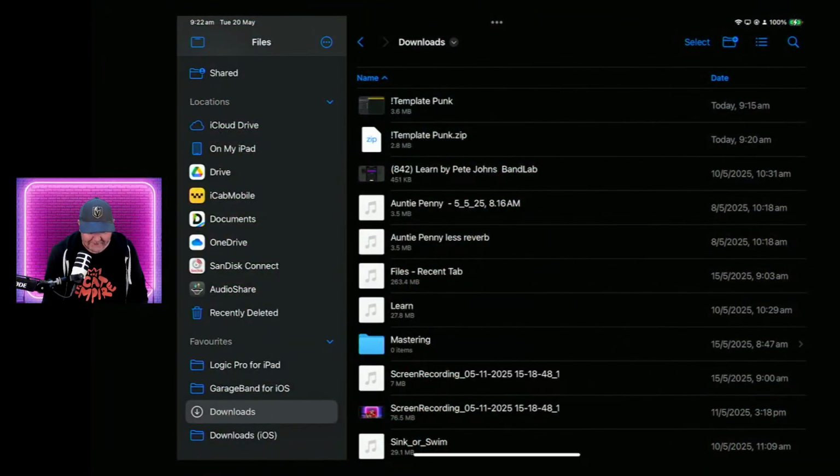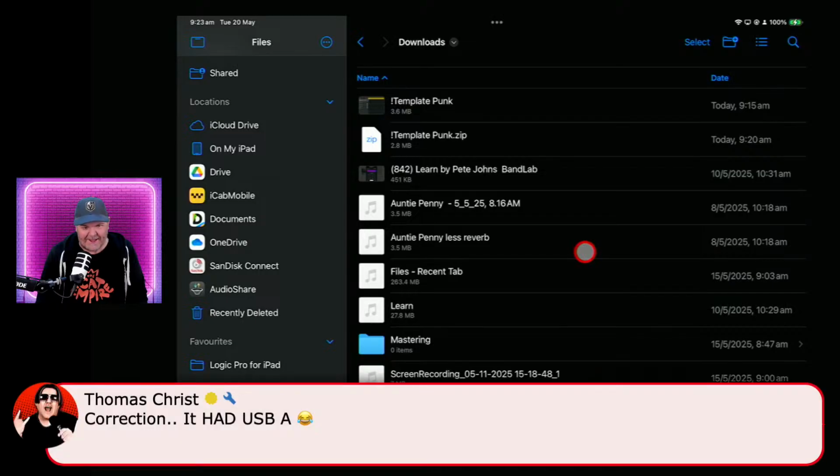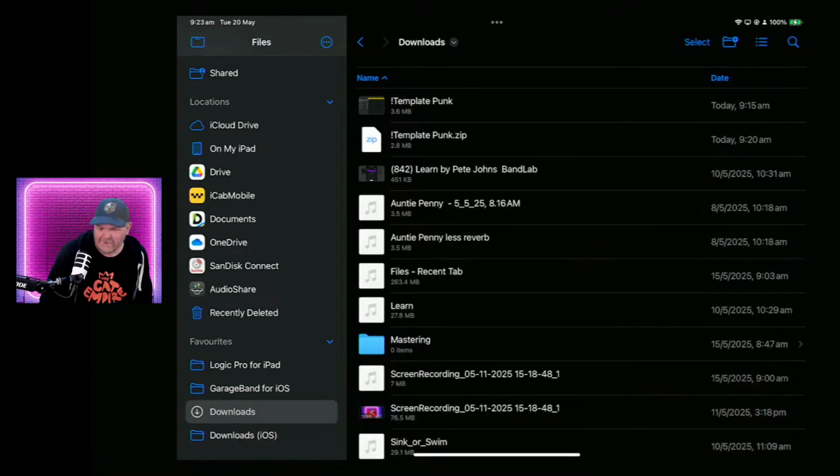So trust me, when you install your USB drive, correction, it had a USB-A and now it's on the floor somewhere. So the good thing about those is you can plug them directly into your phones or your iPads, and they'll usually work these days because they have enough power. In the old days, you used to have to use powered hubs and special adapters.